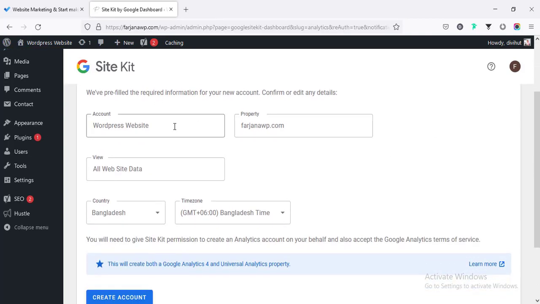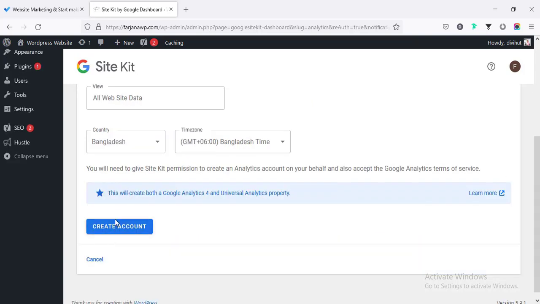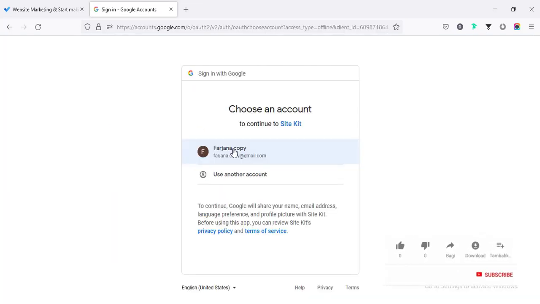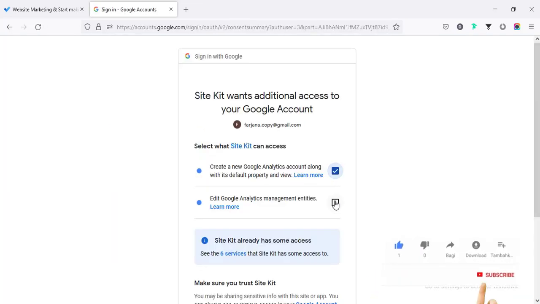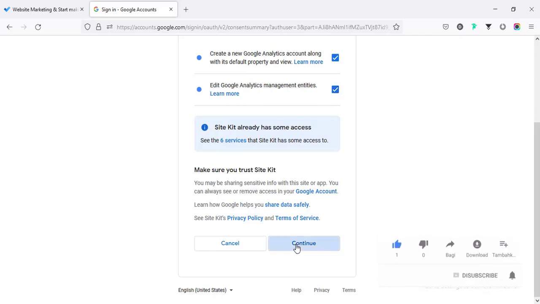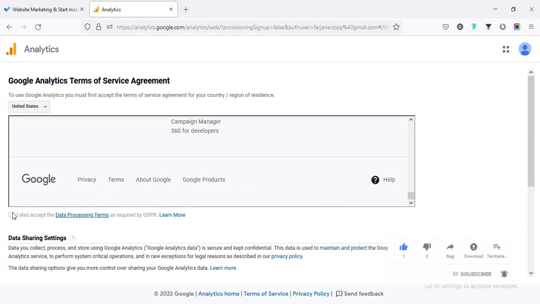So it's already collected all the default information from the website. Here is the account name. You can also change it, and also the property, by default it's taking the domain name. Then view all site data, so it will show all data for this website, and country name, then time zone, so it's taking by default from your web browser. Then going to create account, again going to select email, checking all these fields and continue,